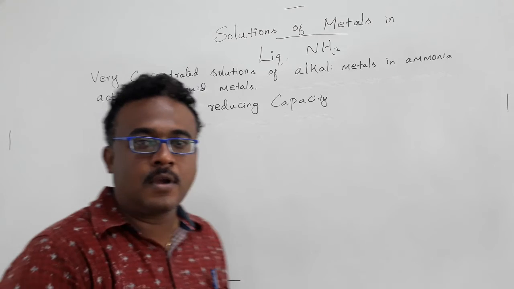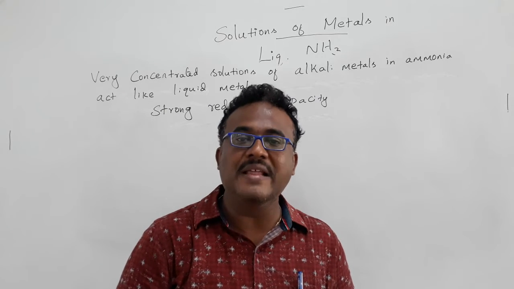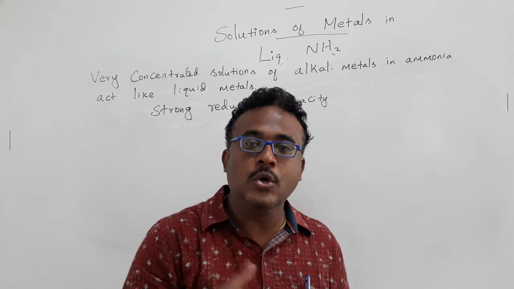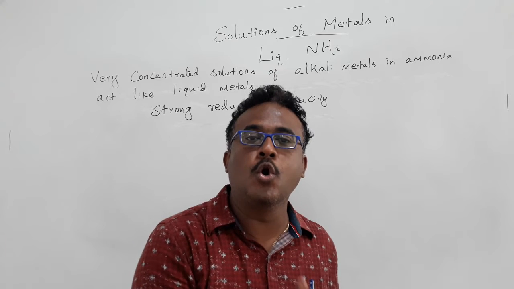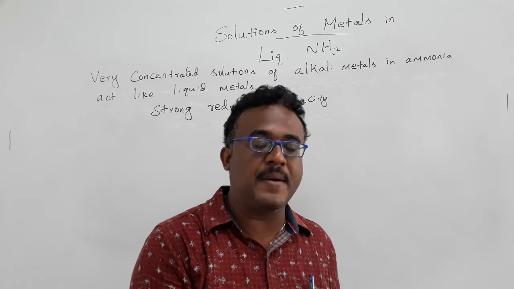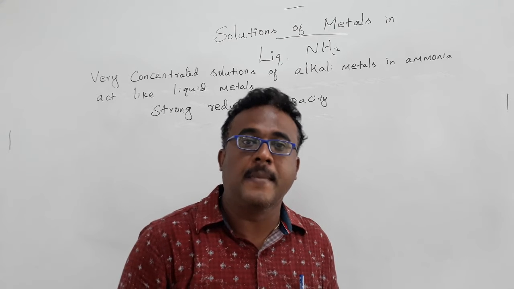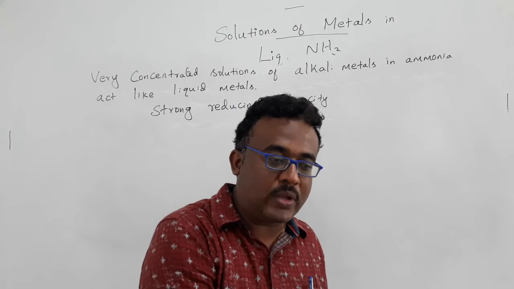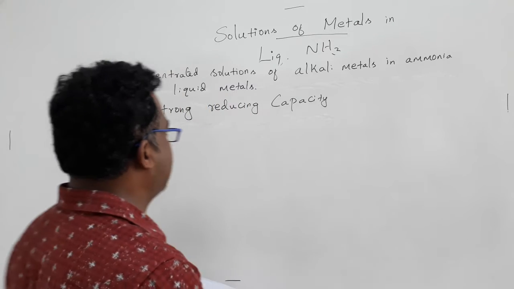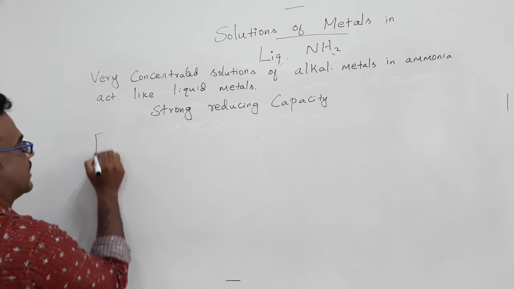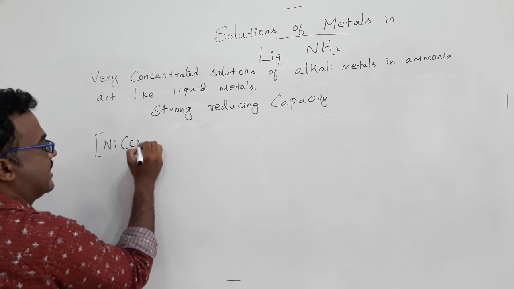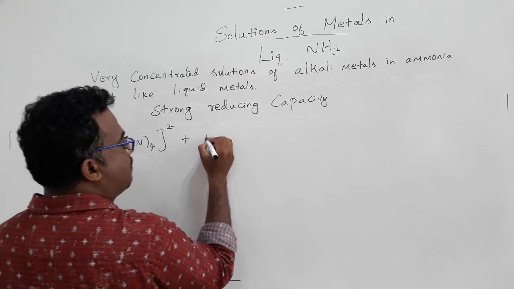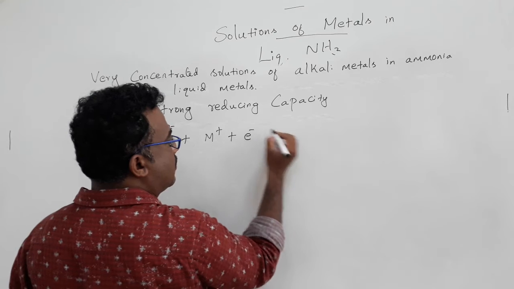This kind of metals in liquid ammonia, lithium ammoniate or sodium ammoniate, can reduce metal complexes to a lower oxidation state. For example, metal carbonyls can also react with lithium ammoniate or metal ammoniate to give the metal in a lower oxidation state. For example, take nickel salt, tetracyanonickelate. If you react this with the metal ammoniate, you can get back